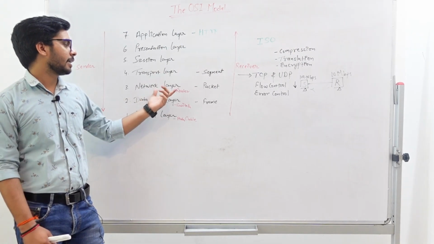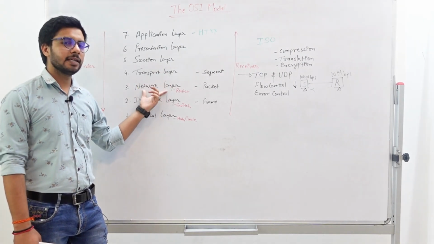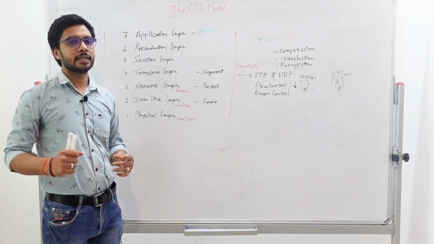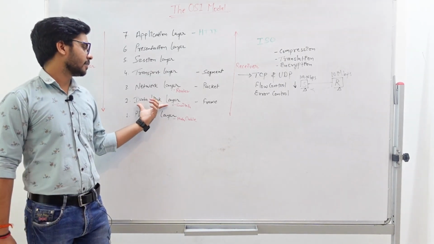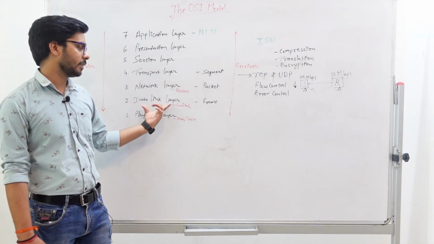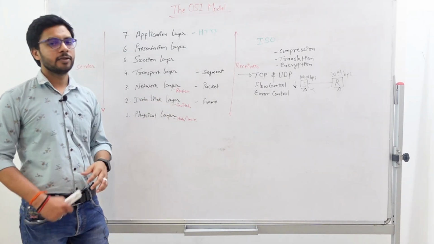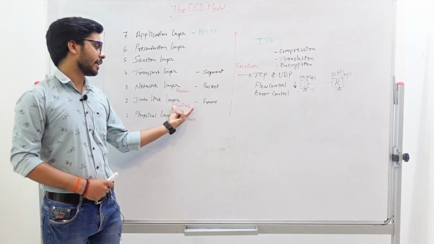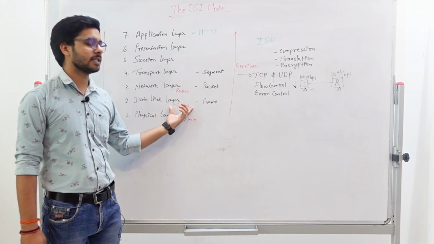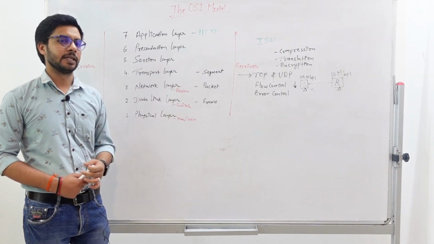Another task is that, like I said, the network layer provides communication between two different networks. But if you are connected in the same network, in that case the communication will be provided by your data link layer. And for providing communication within the same network, your data link layer uses a device that is known as a switch. So a switch is the device that is responsible for communication in the same network.